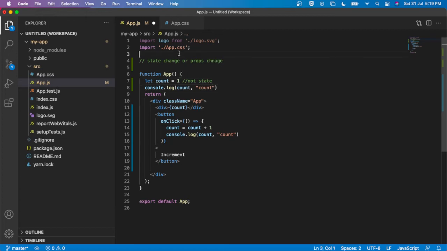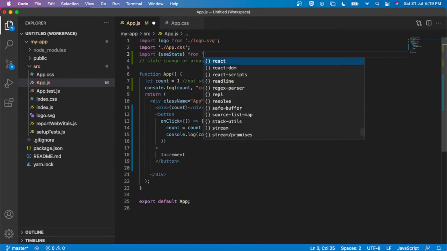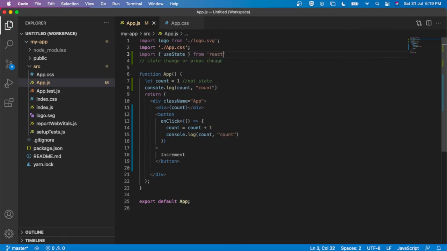So I am going to import useState. This is the hook with which I am going to declare my count variable as a state. I just imported useState. Hooks were introduced in React.js 16, so you can use hooks in functional components. One more thing, you cannot use hooks in class components. We have declared our component as a functional component so that I can use hooks here. So I am going to declare this count variable as a hook.